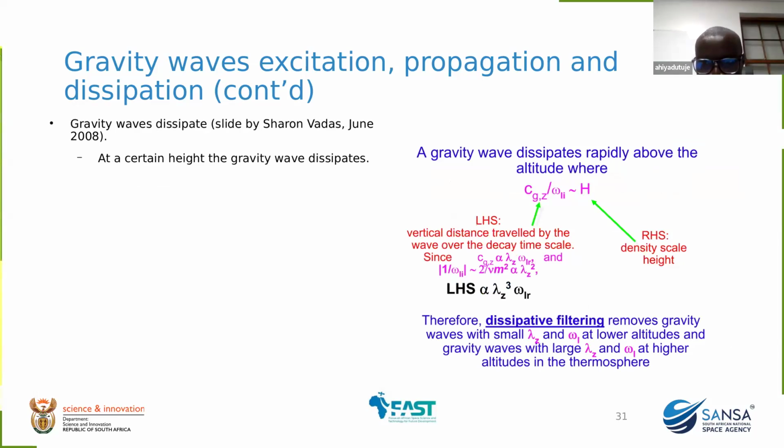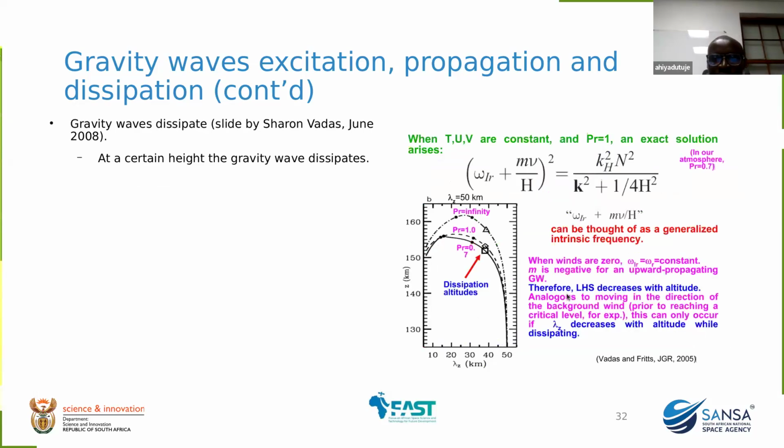your atmospheric gravity waves will dissipate. According to others, they will dissipate once the ratio of the speed and the angular frequency is almost equal to the density scale height. So once these two are almost the same or almost equal, your atmospheric gravity waves are going to disappear or to dissipate. So they did this study here, and they found that their gravity waves were